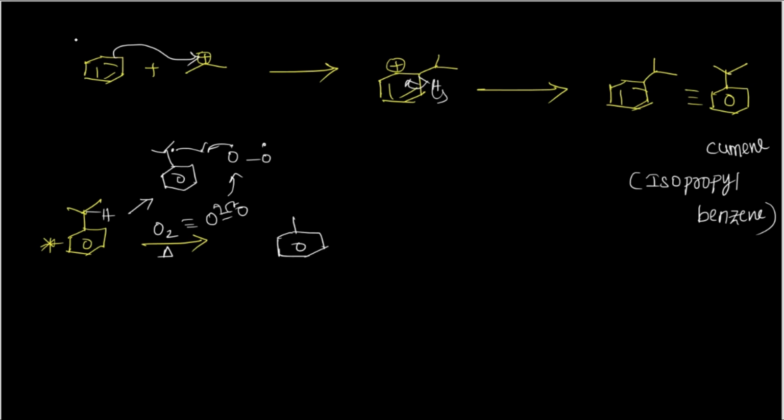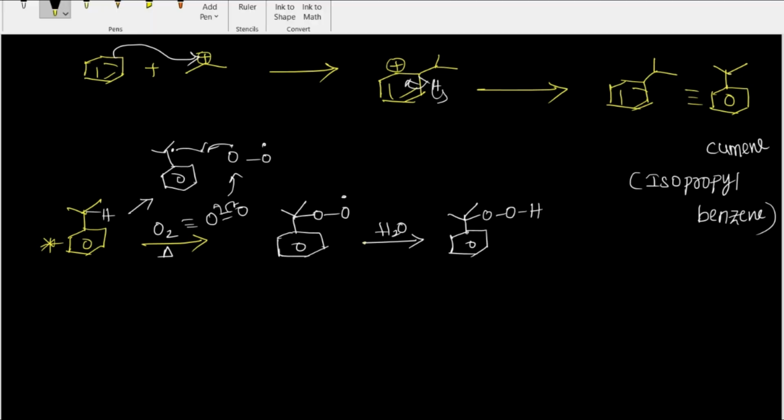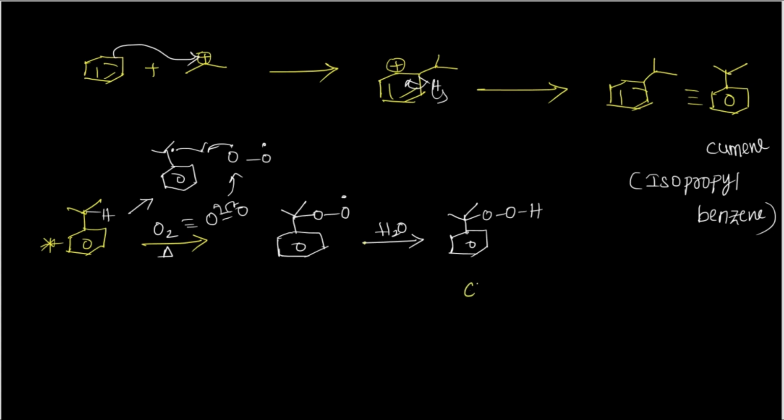What we'll get over here, we'll get this O and here a radical, and in the presence of water it will abstract one of the hydrogen and it will form this OH. This is the intermediate, and the name of this one is cumene hydroperoxide. Cumene hydroperoxide. So yeah, this is the name for this compound. And further, let's see here,